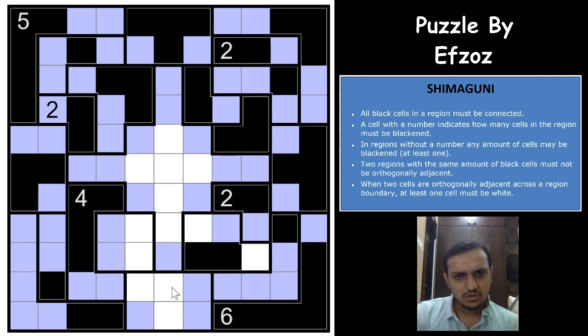Oh, sorry. So this region cannot have 2 shaded cells. Can it have 1 shaded cell? If you have 2 shaded cells in this region, this region also would have 2 shaded cells. Oh, it can have 1 shaded cell again, right? Nice. So I think we are missing something here. This is 1, this is 2. This is 2, this is 1 again, this is 4. So this cannot be.